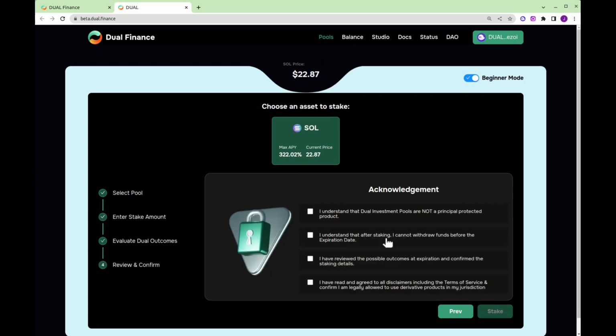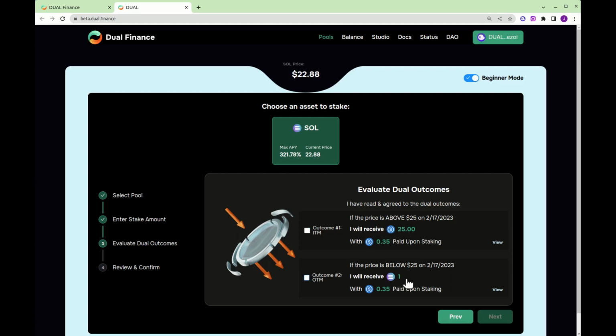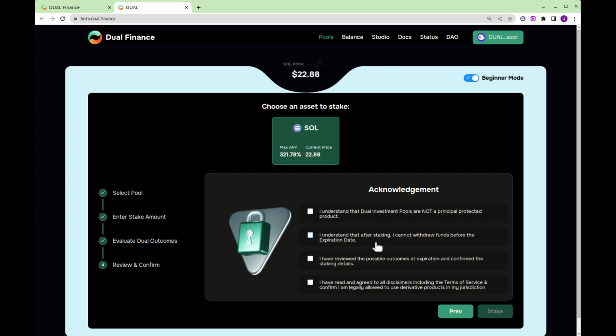So we'll click next, and then there's 4 acknowledgements. Real quick, it's not a principal protected product. This means you might lose the Solana, right? You might actually end up with $25 instead of the 1 Solana. That's what that means. The next is that you can't withdraw the funds until the expiration date. You have to lock up until February 17th. Afterwards, at any point thereafter, you can withdraw the Solana, or you might be withdrawing USDC. And reviewing the possible outcomes, that's what we just mentioned, and that you're actually able to use these products. So here we'll stake,